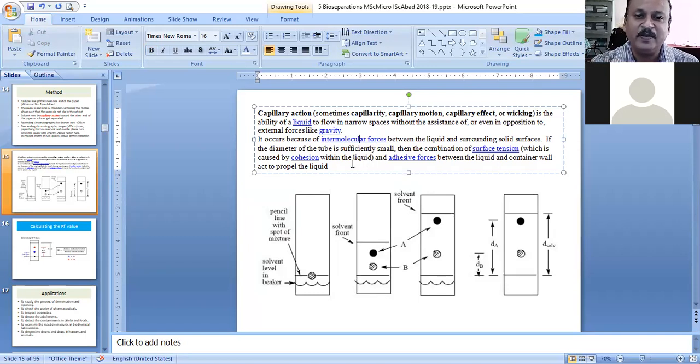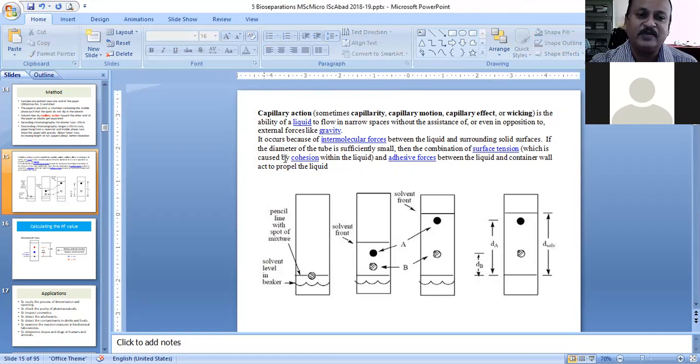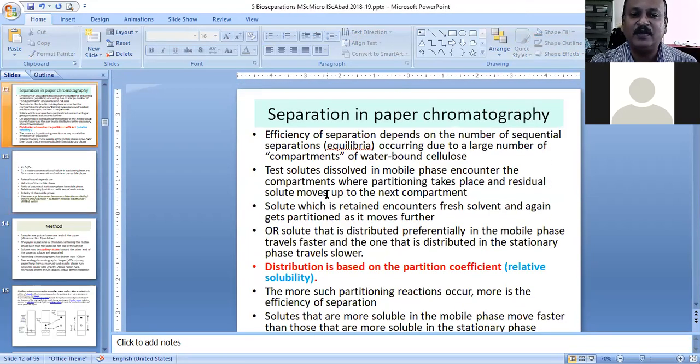Now if the diameter of a particular region where the liquid is moving between the fibers, you can consider it as a small tube, a tubular structure. If the diameter or the space is very, very small, then there is also the action of what is called surface tension. Because of the combined effect of all these forces, the liquid moves along the solid surface. Coming back to my earlier slide,